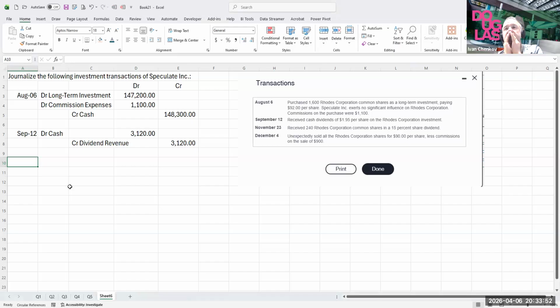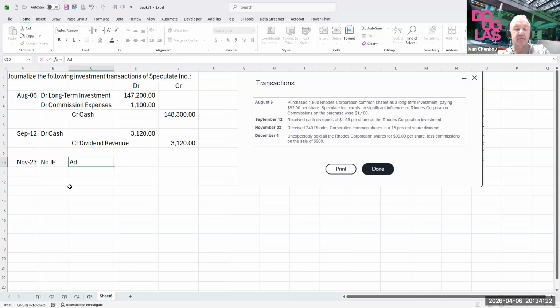The question is, is there a journal entry here? You think right. So what do we have to adjust? No journal entry, but we have to adjust the number of shares